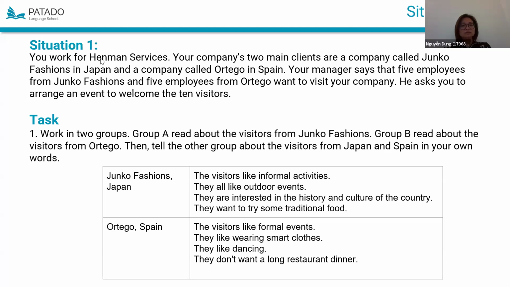Okay. Now I read and comprehend this description. Yeah, okay. Read and comprehend first. Then after reading the descriptions of the two companies' people, you have to introduce them to us using your own words.